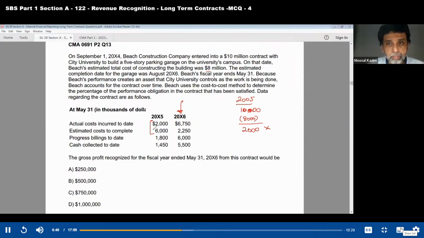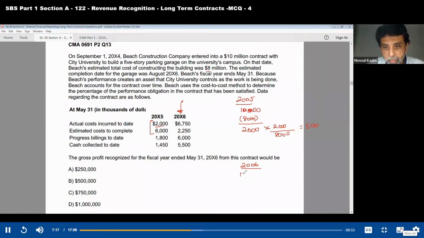So that would be 2 million the cost incurred, divided by the total cost, 2 plus 6, 8 million. So it is 25% complete. 2 divided by 8 is 25%. 2 divided by 8 into 2000. So 500,000 is recognized in 2005. So in 2006, it would be